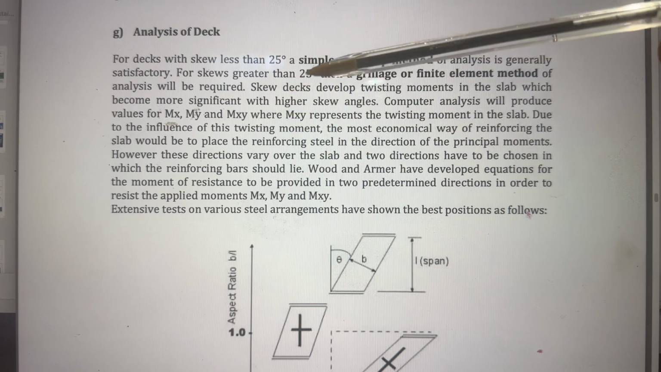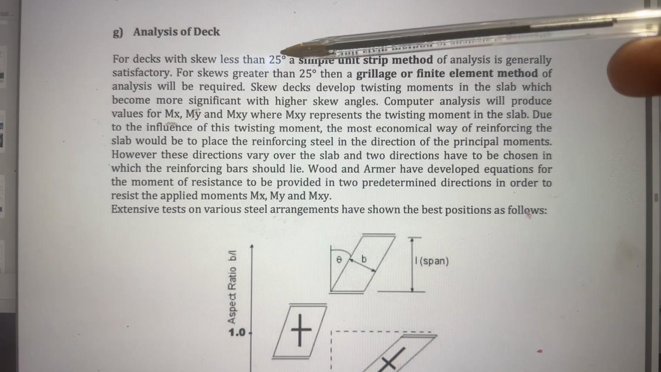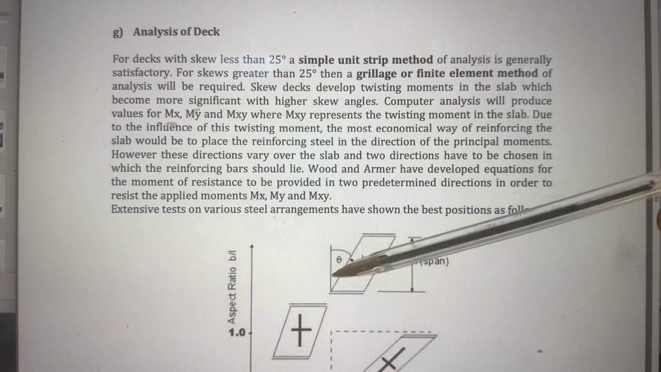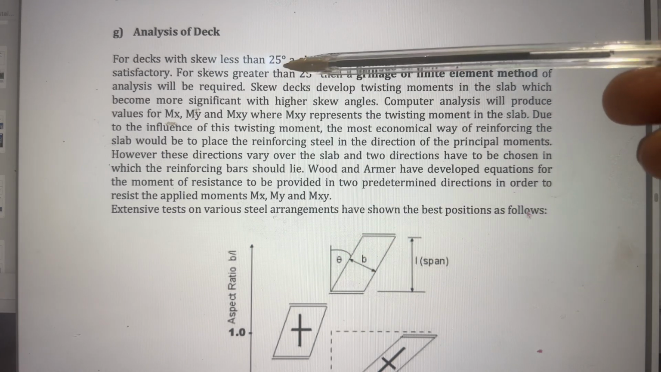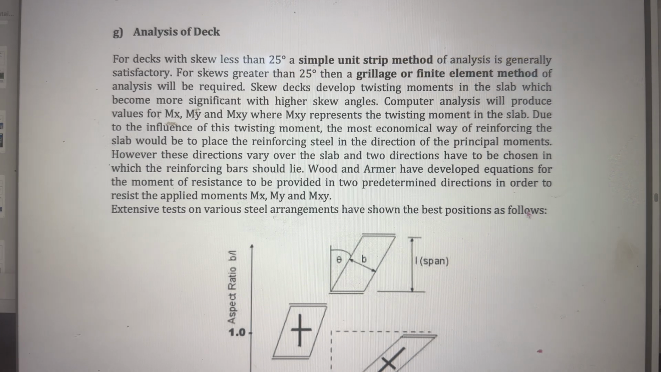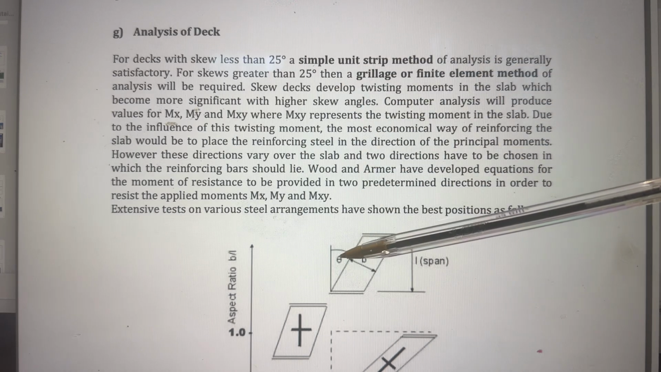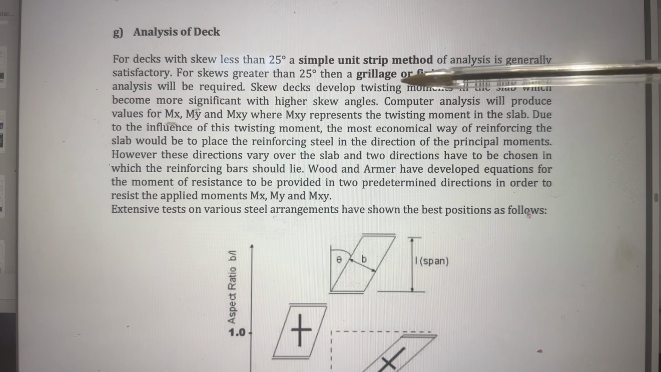One is a simple unit strip method. This is when the skew angle is less than 25%. Notice this is a bridge. If it has a skew, and the skew angle here is less than 25%, then a simple unit strip method will be the best approach. If the skew angle is bigger than 25%, then it is best to use grillage analysis